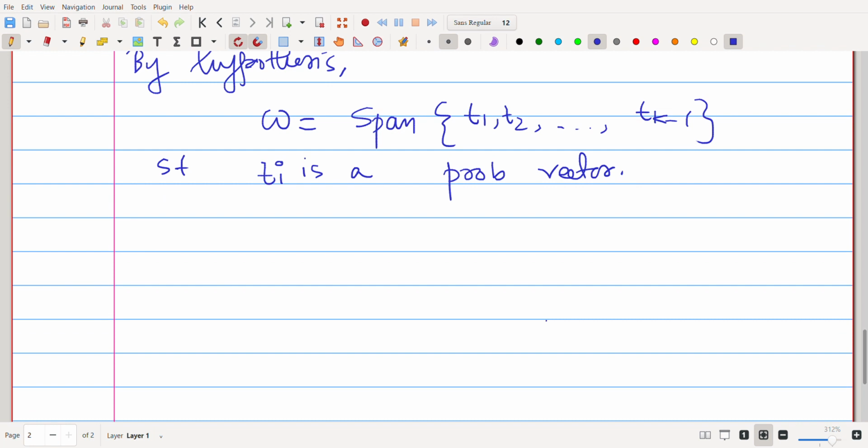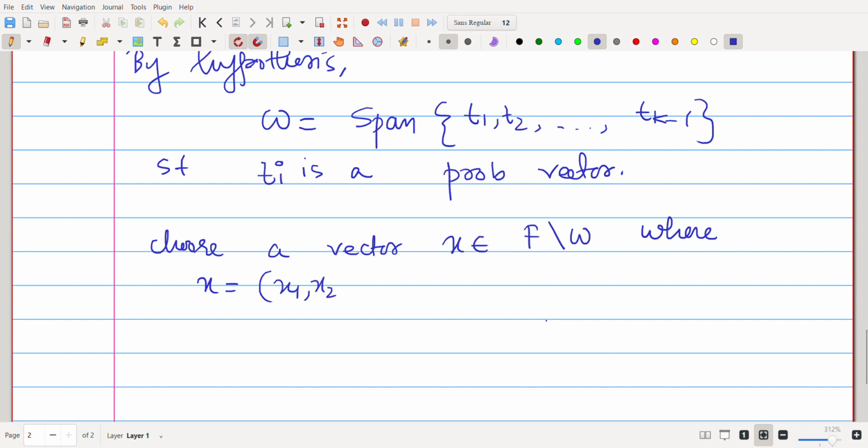Now F is a k-dimensional subspace, W is a (k minus 1)-dimensional subspace inside F. Now choose a vector x belonging to F minus W. Clearly W is not equal to F, because F has dimension k and W has dimension k minus 1. So choose a vector x belonging to F minus W, where x equals (x1, x2, up to xd),